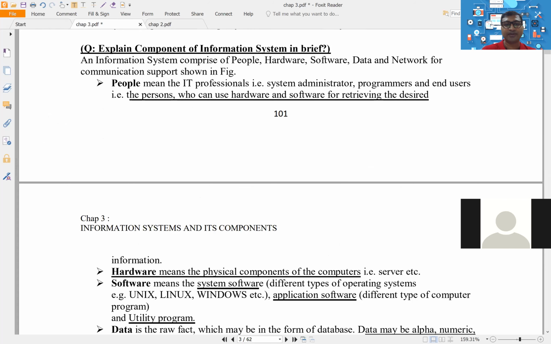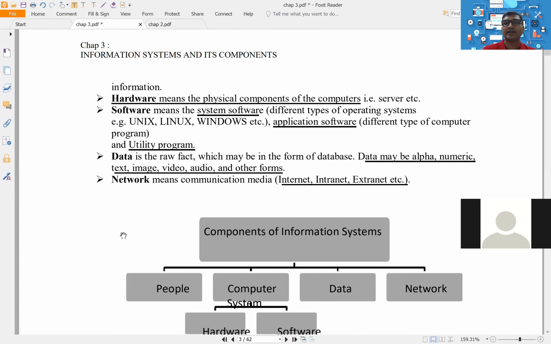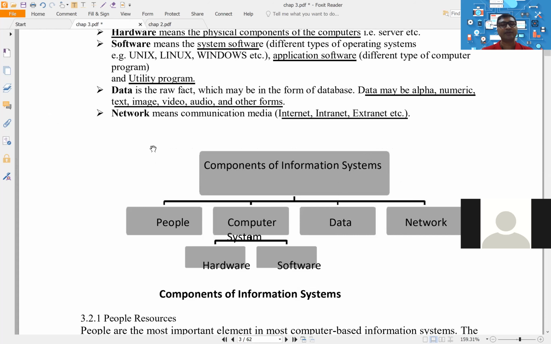Now, here we have done the briefing of hardware, software, data, and network. If you remember, in network, I also explained a small diagram. I have three offices: Mumbai, Delhi, and Chennai. A network which you create within the office is known as a local area network. A network which you create to connect different parts of the world, when your office is one in Mumbai, another in Delhi, another in Chennai, to connect those different remote offices, we use WAN, wide area network. But wide area network is nothing but internet, and internet is a public network. So whatever data you exchange over the internet can be seen by others.